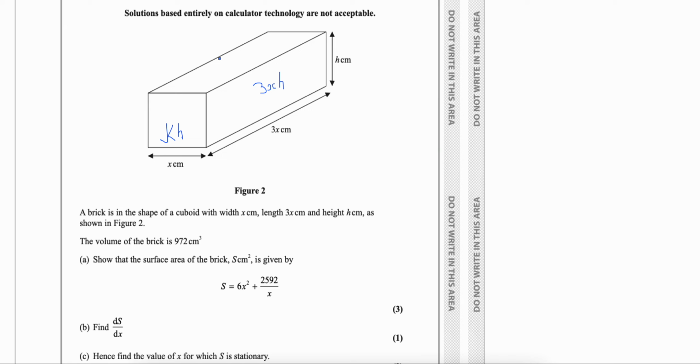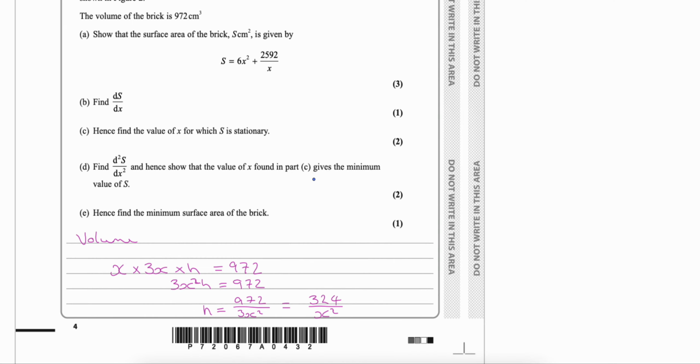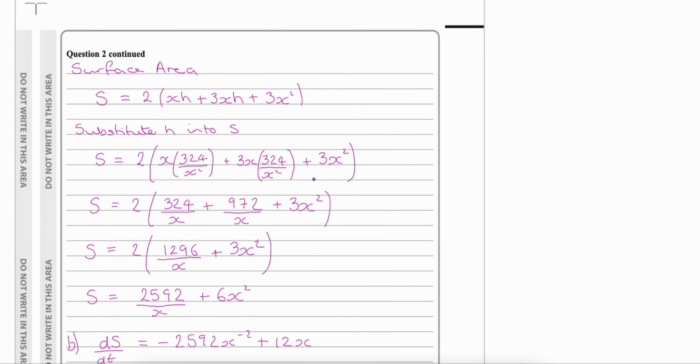And this top would be 3x squared. But what we're doing is we are taking these three expressions and we're doubling them because each side has an opposite. So 3xh plus xh is 4xh, 4xh plus 3x squared, double it,